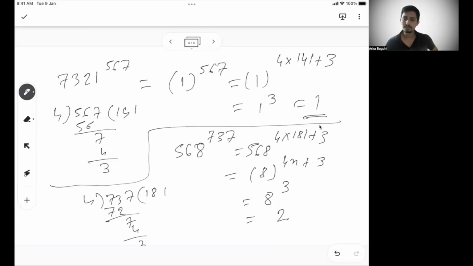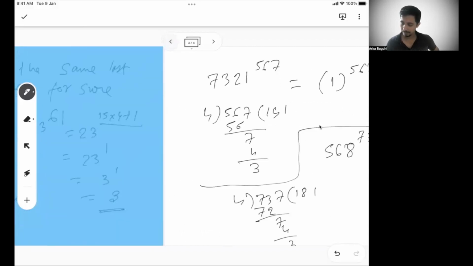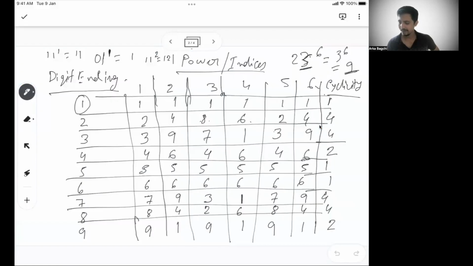Okay. So you possibly need to remember this tabular format, but I won't suggest you remember all of it, because at least you don't need to remember 5 and 6, because this is just a repeat of 1 and 2. All these values for 5 and 6 are a repeat of 1 and 2. If you see, for every value, 1 1 here, 1 1 here, 2 4 here, 2 4 here. So everywhere it's the same. So you don't need to remember 5 and 6 specifically. What you need to focus on is only this section.